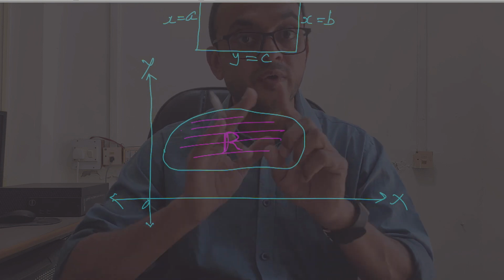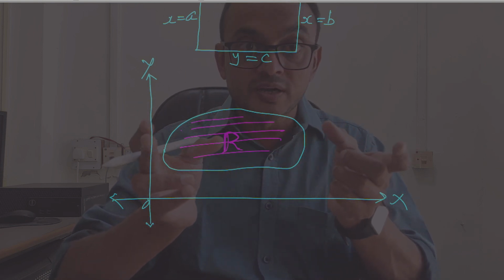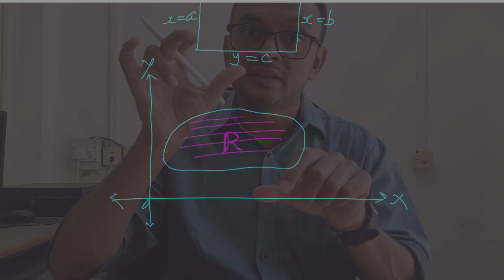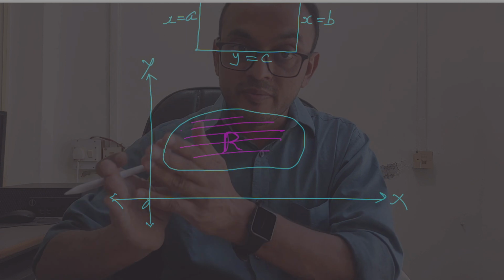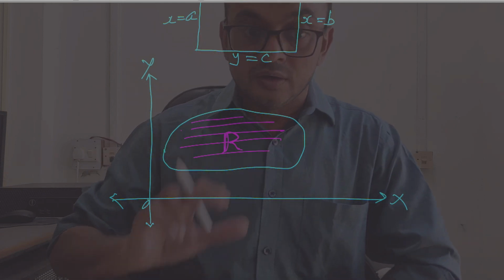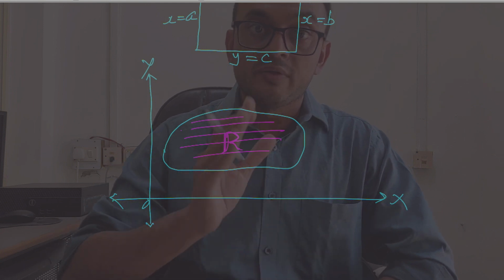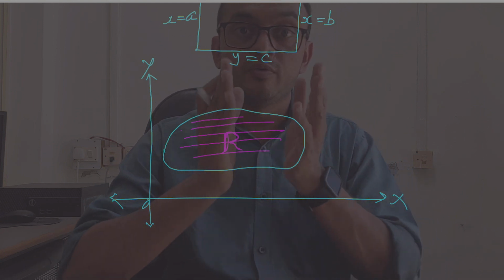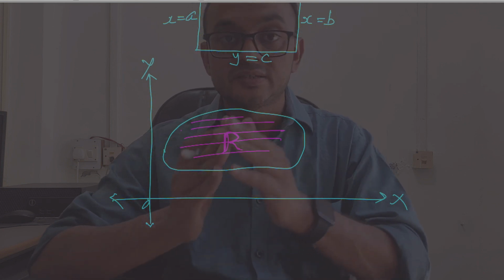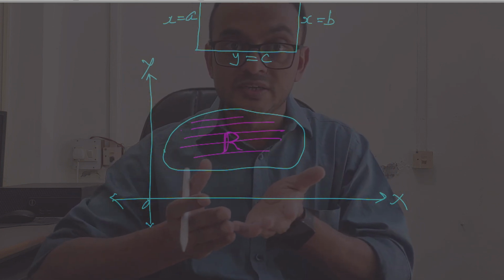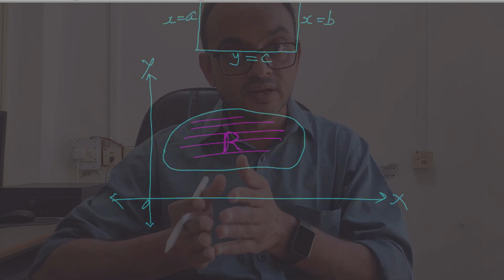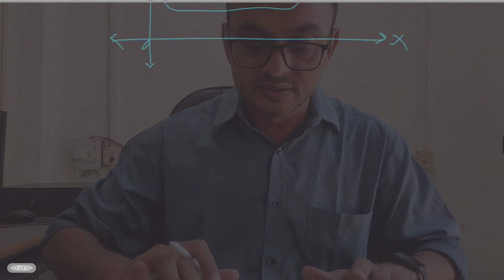But we again divide the session into two parts. We have given the limits and then we integrate, and in the second part we write the limits and then we integrate. So let us start the example. Whenever we want to write the limit, that we shall discuss. That suppose we have given any general region R, then how do we write the limits, right? So our first example is